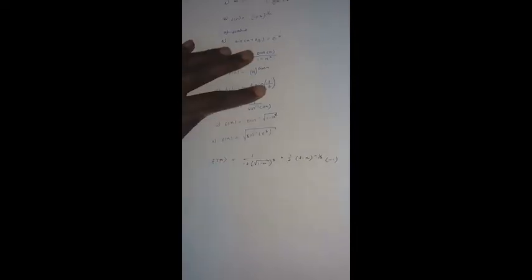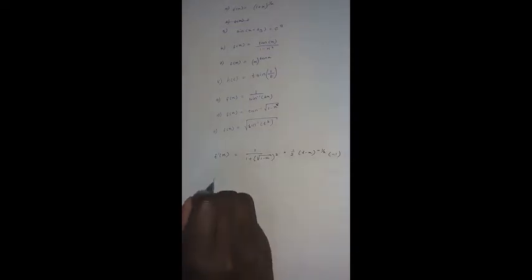The last one on derivatives in this question is going to be f of x being equal to the square root of arcsine of t cubed. So you have to be able to know what the derivative of arcsine is, and if you do know, you get an answer. Okay, f prime of x being equal to